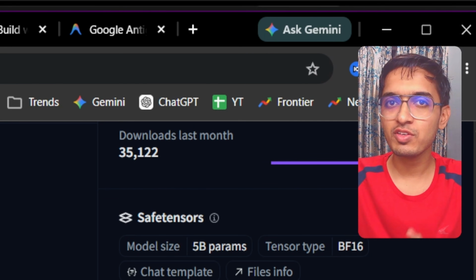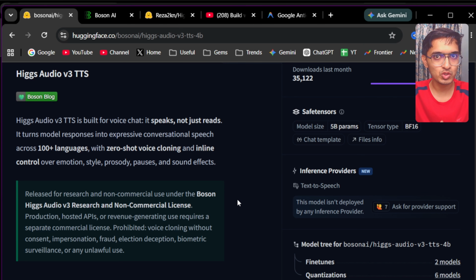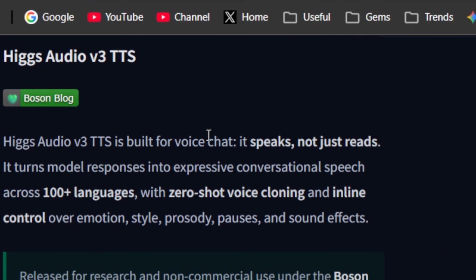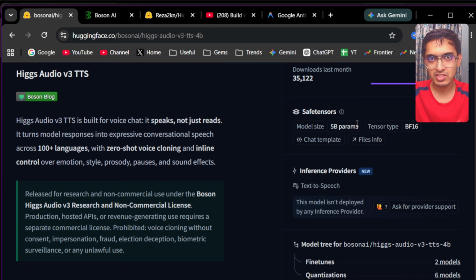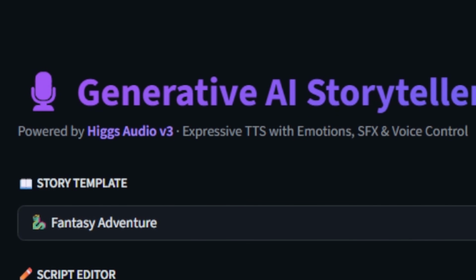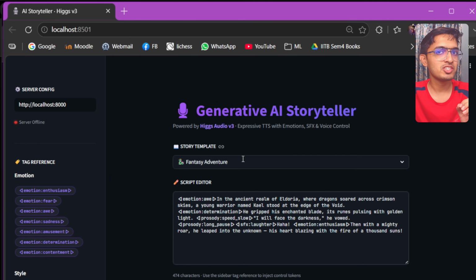Running high quality voice generation on your own local machine usually requires an expensive GPU. But in this video, I'm going to be showing you the Higgs Audio V3 model, which is released by the Boson AI team recently, having just 5 billion parameter size so it can run on any PC easily. And using it, I'm going to be building my own generative AI storyteller, which can generate realistic audio files basis